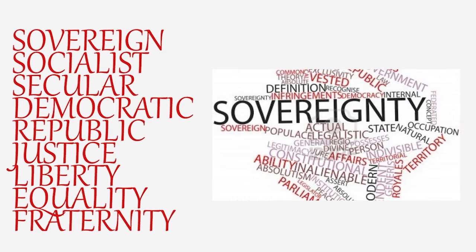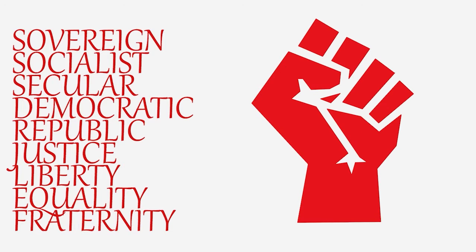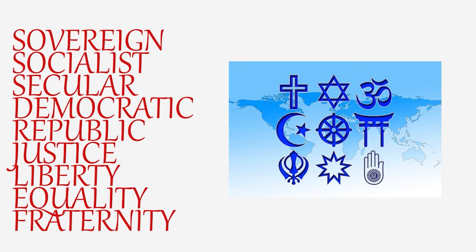The words "we the people of India" indicate the ultimate sovereignty of the people. Sovereignty means the independent authority of the state, not being subject to the control of any other state or external power. Socialist means wealth is generated and shared equally by the society. Secular, it means there is no state religion of India. At the same time, citizens of India are free to practice and profess any religion or faith of their choice. No government machinery can discriminate against or favor any religion or faith and its followers.